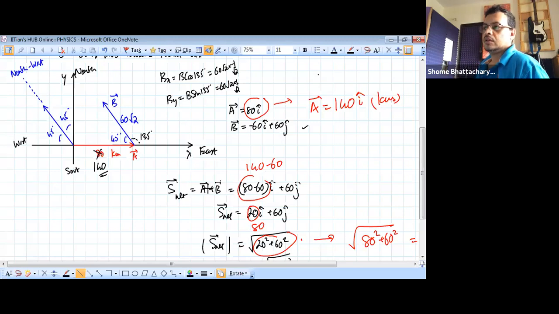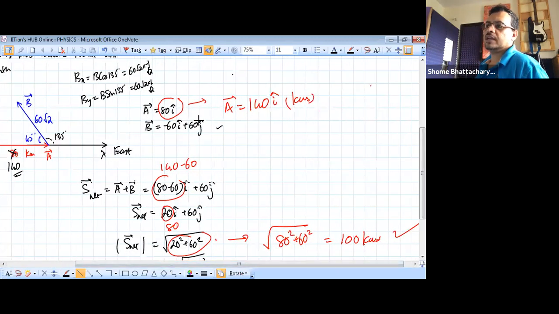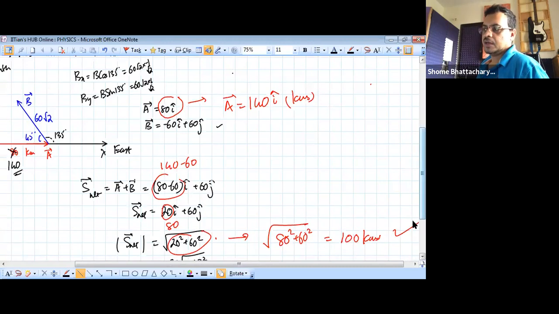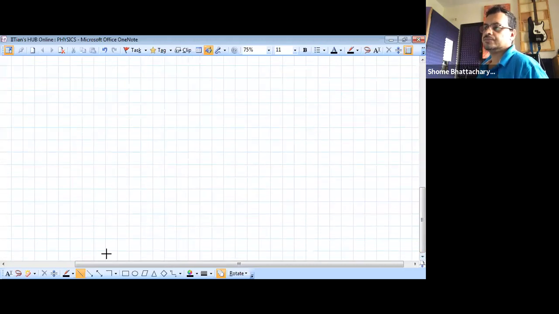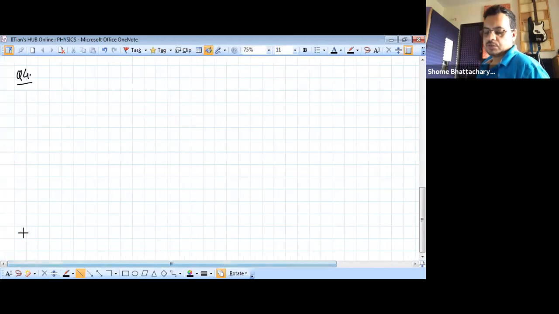Okay. And then what you have to do is you have to add the two vectors. So simple summation. So just add this vector here, 140 I cap with this vector here. So it becomes how much? It becomes this. Okay. So in component form, it becomes 140 minus 60, that is 80 I cap plus 60 j cap. And what will its magnitude be? Root of x square plus y square or 80 square plus 60 square. So that's how you'll get the correct answer as 100 after making that correction that magnitude should be 140 instead of 80 for the first one. Okay. So that was question number